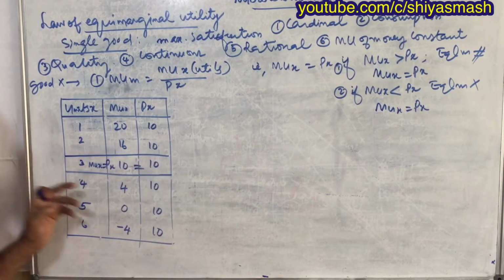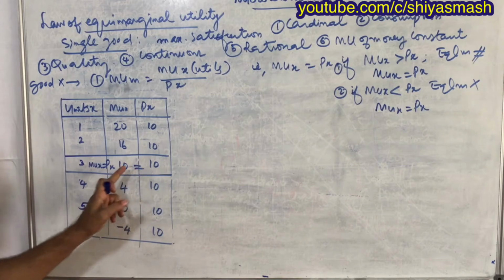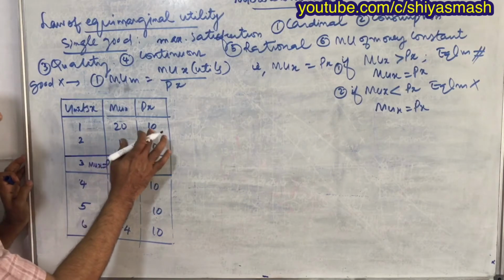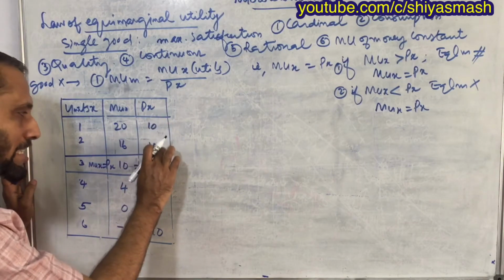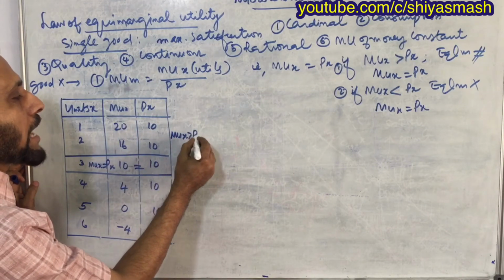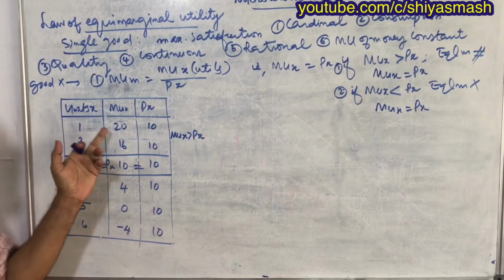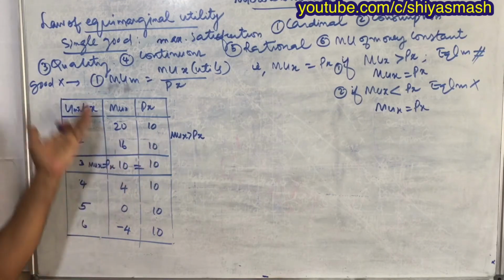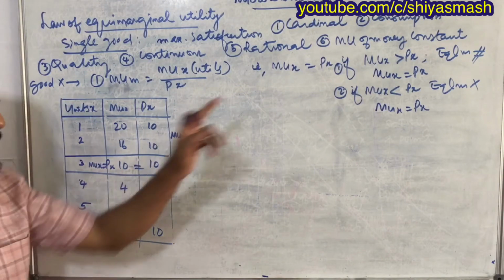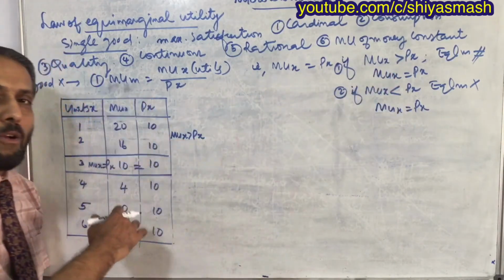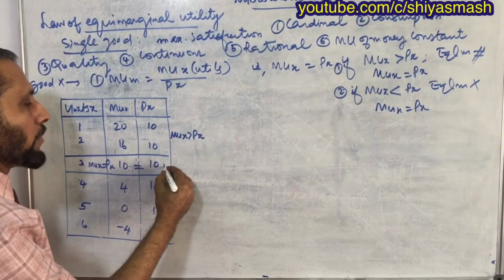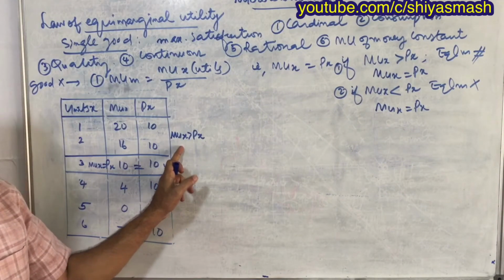Equilibrium point means at unit 3, the price of the commodity is equal to the satisfaction derived. In previous cases, the price of the commodity is less. Here the price is less, utility is more, meaning MUX is greater than PX. Because utility is more and he spent less, the consumer continued the consumption. Till when? Till we obtain equilibrium at the point 10. The same situation I told: the law of diminishing marginal utility happened. The consumer consumed more and more units of a commodity, satisfaction came down, and finally he obtained equilibrium at point 3.